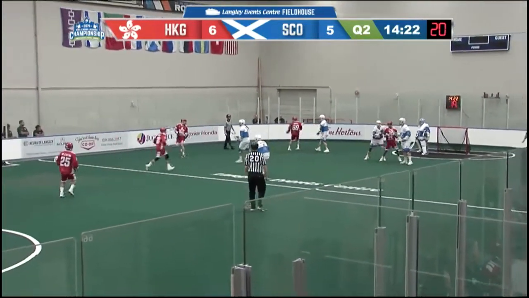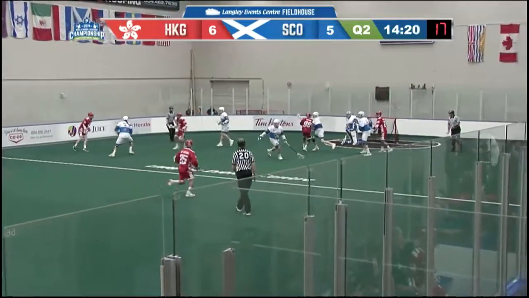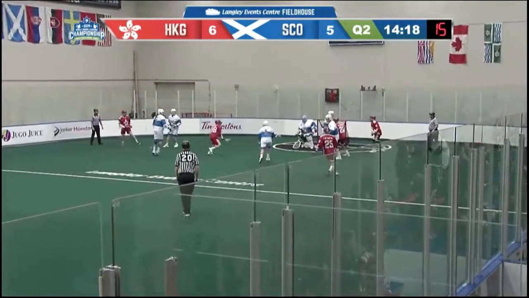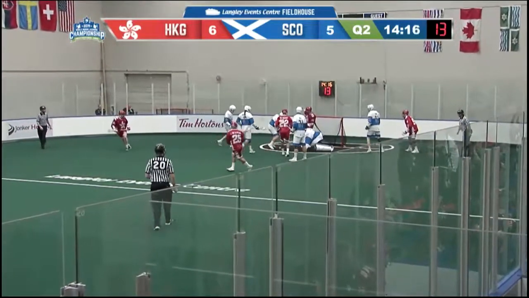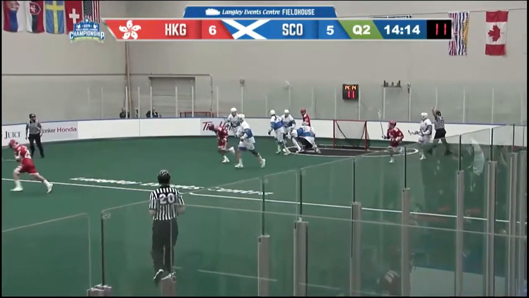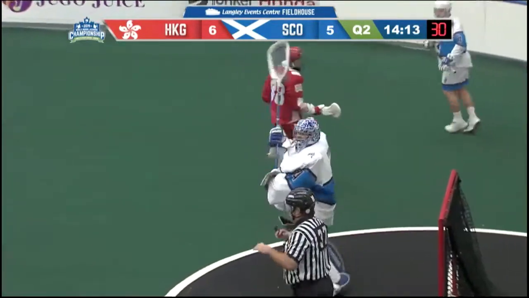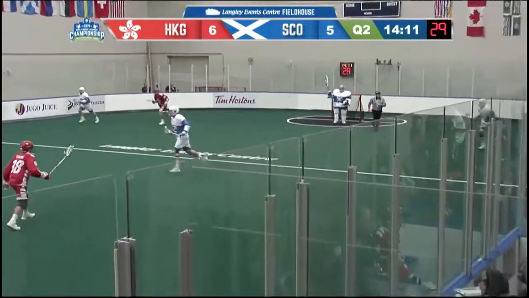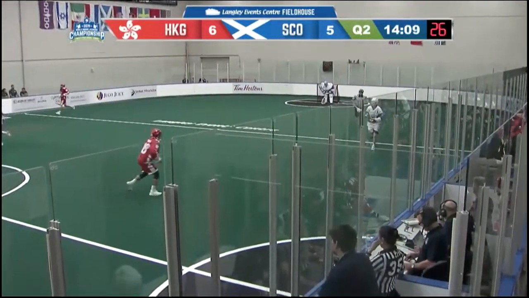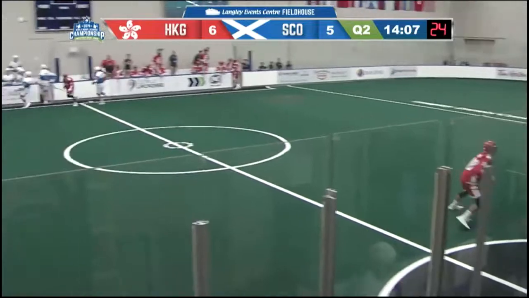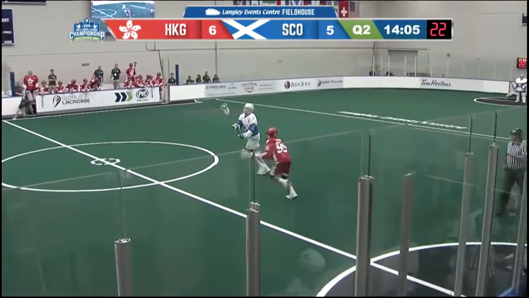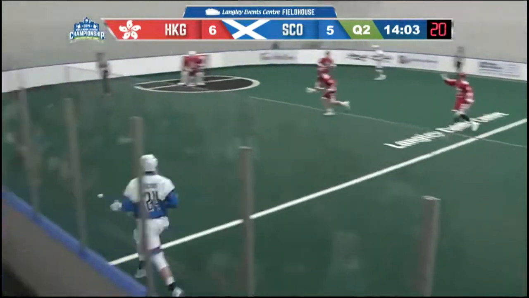Hong Kong in on offense along the left boards. Mak Lamy, as now Wong getting tangled up behind Cowman, who comes up with the ball and passes off to his left here for John King. King getting to center now, sending the ball over center.